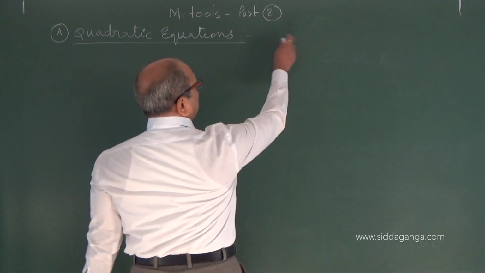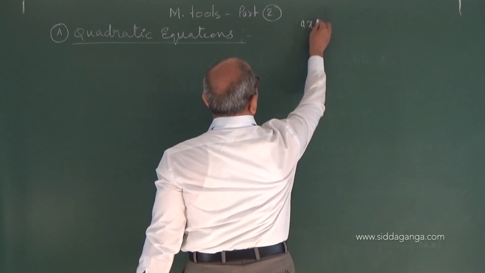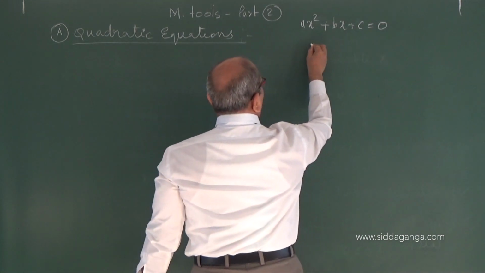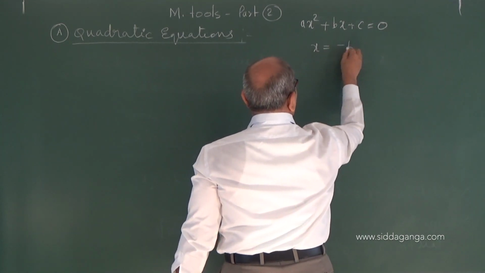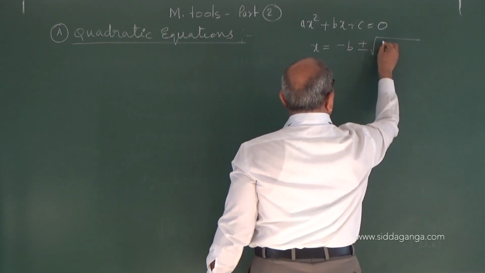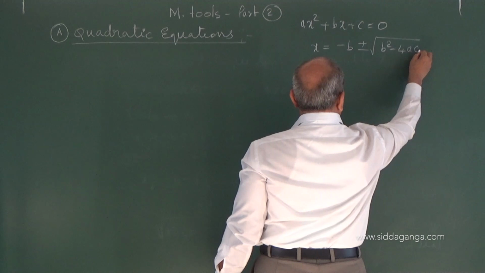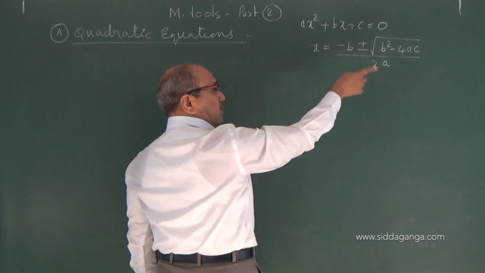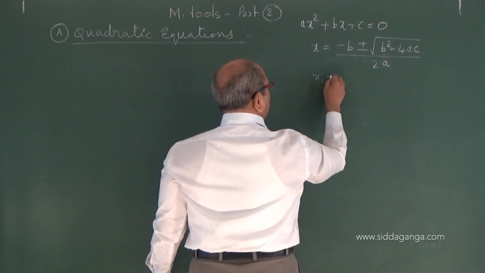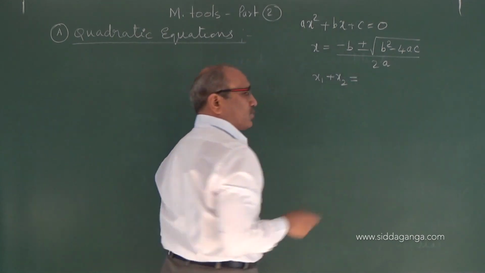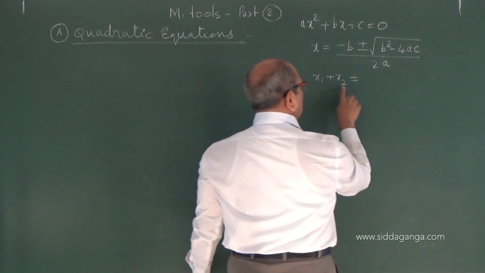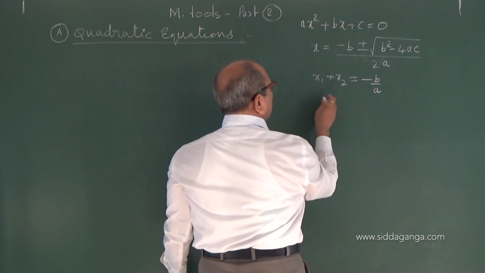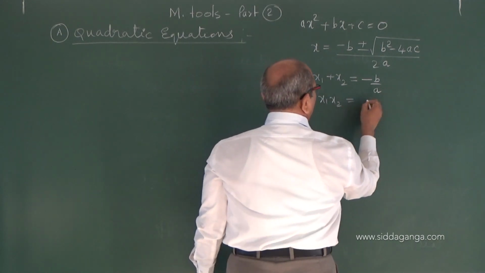Now you come to know that for this quadratic equation, ax square plus bx plus c equal to 0, the possible roots, generally written as minus b plus or minus root of b square minus 4ac upon 2a, where x1 and x2 are the two roots. They may be interrelated many times in physics, and that also helps in some calculations. x1 plus x2 is minus b upon a, where b and a are the constants of the equation, and the product of the roots is c upon a.